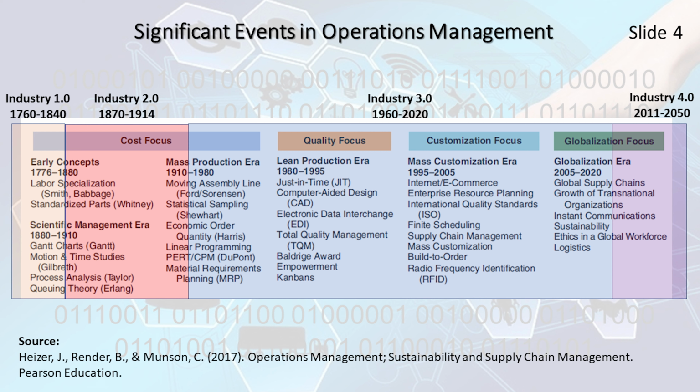Significant events and operation management. Industry 1 and 2 main focus was cost. Industry 3 cost focus was at the beginning, but Industry 3 focus changed later to quality. Industry 3 focus changed again from quality to customization. Industry 3 focus changed finally from customization to globalization, and then Industry 4 came and changed the focus to something